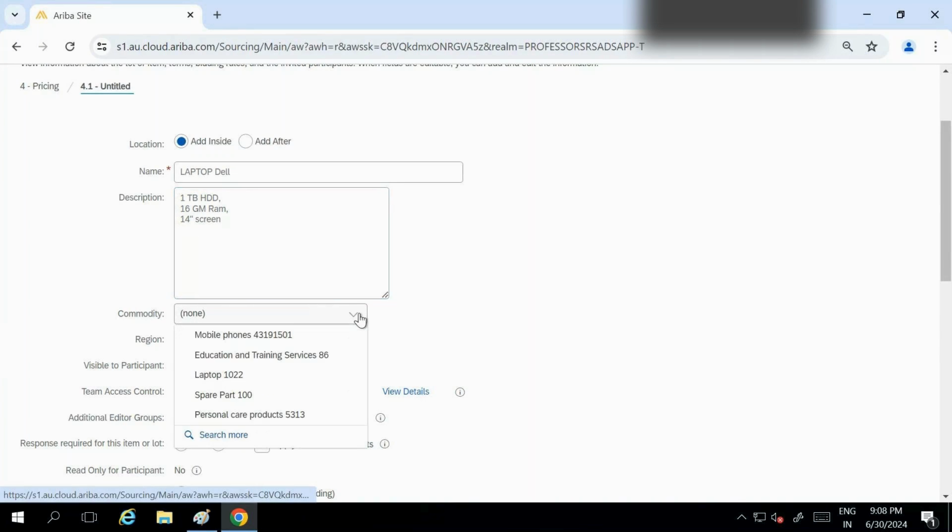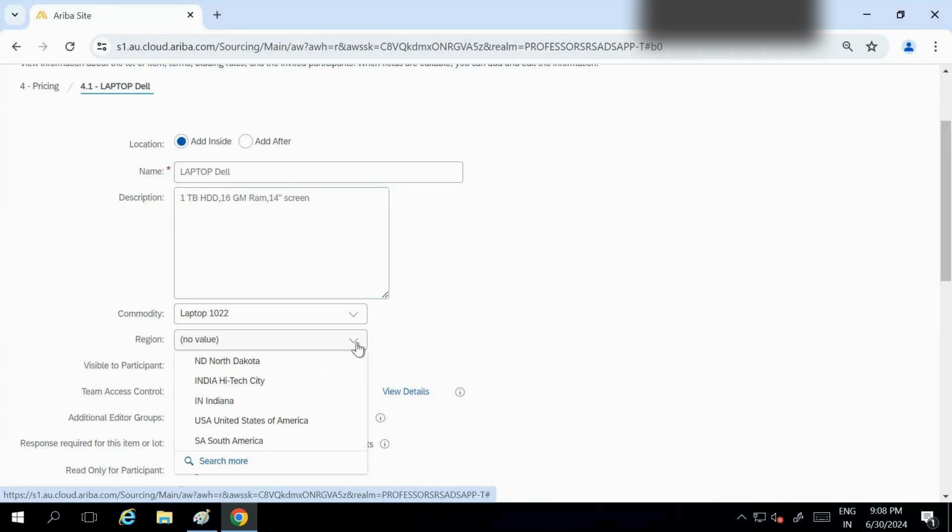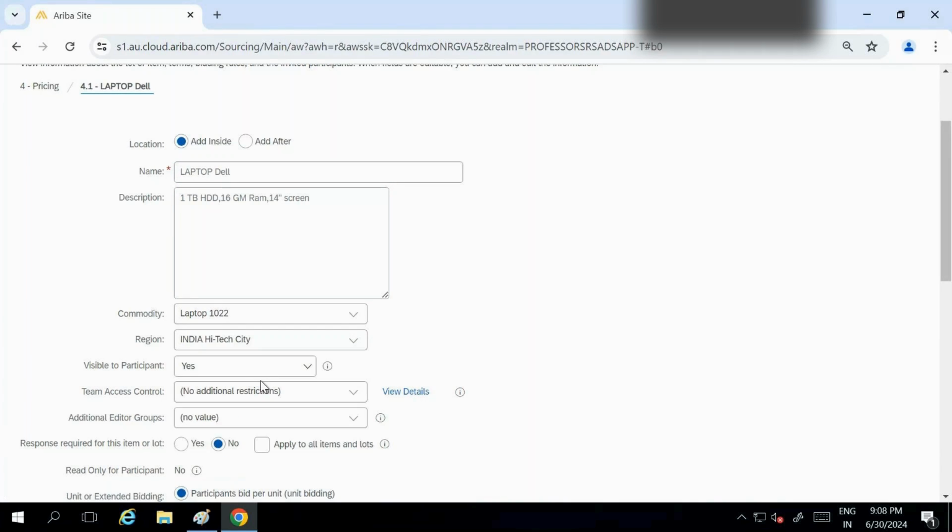Commodity, yes, here we have to select the commodity and the region, because for our reporting purpose it is important. Here we are going to do the spend analysis, based on the commodity, the users, and the region. For that reason we need this.